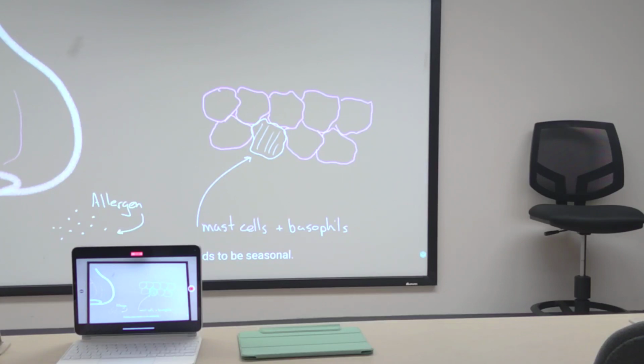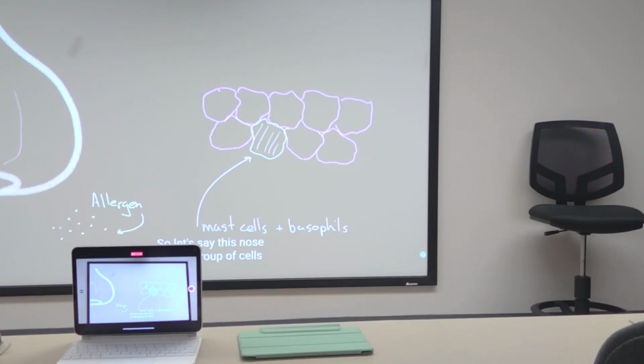Pollen also tends to be seasonal. In other words, some types of pollen are out in the spring, others in the fall, and that gives rise to yet another term that's synonymous with allergic rhinitis, or seasonal allergies. Other things that can act as allergens would be mold or animal dander. But basically anything that can get into the air that you can inhale can act as an allergen to somebody who suffers from allergic rhinitis.